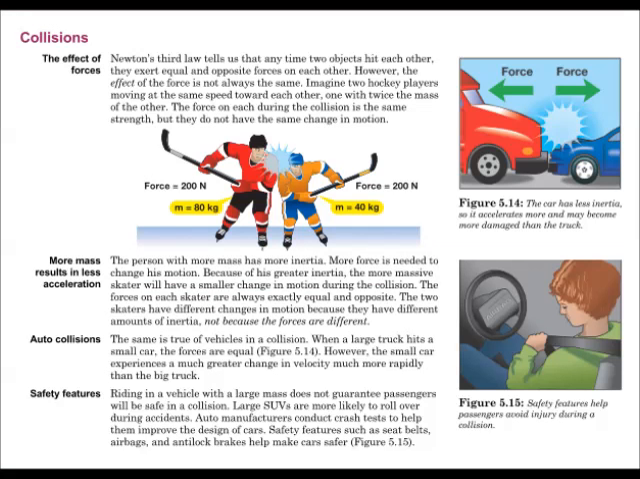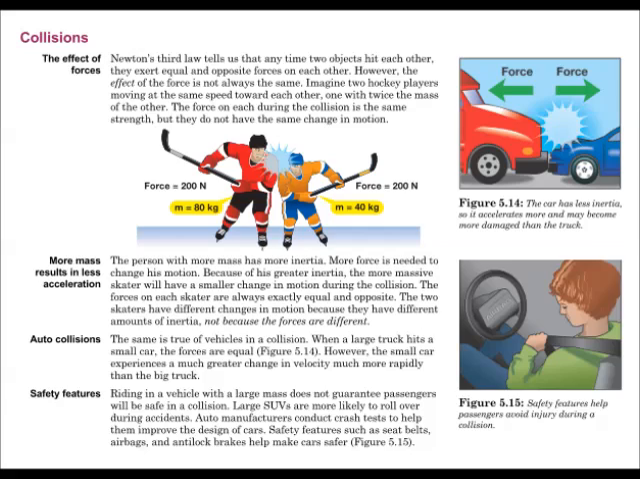Newton's third law tells us that any time two objects hit each other, they exert equal and opposite forces on each other. However, the effect of the force is not always the same. Imagine two hockey players moving at the same speed towards each other, one with twice the mass of the other. The force on each during the collision is the same strength, but they do not have the same change in motion. The person with more mass has more inertia. More force is needed to change his motion. Because of the greater inertia, the more massive skater will have a smaller change in motion during the collision. The forces on each skater are always exactly equal and opposite. The two skaters have different changes in motion because they have different amounts of inertia, not because the forces are